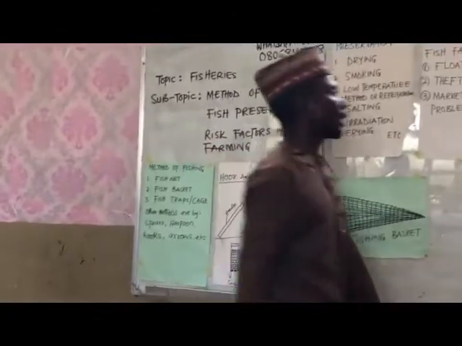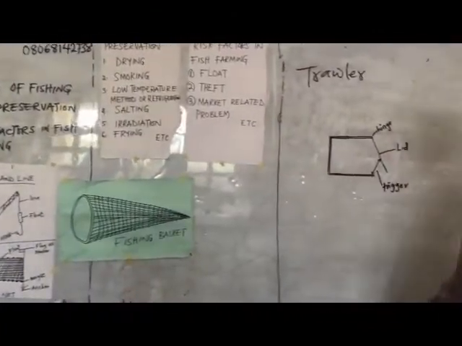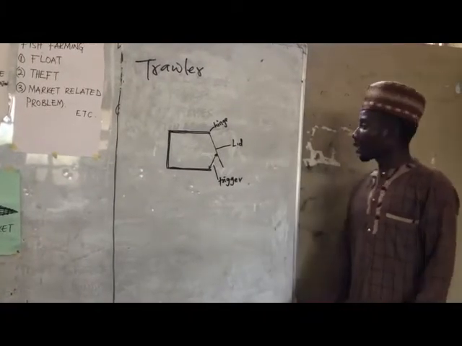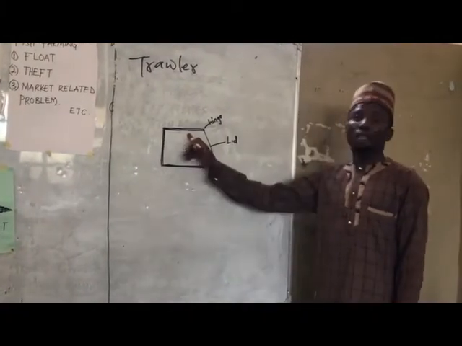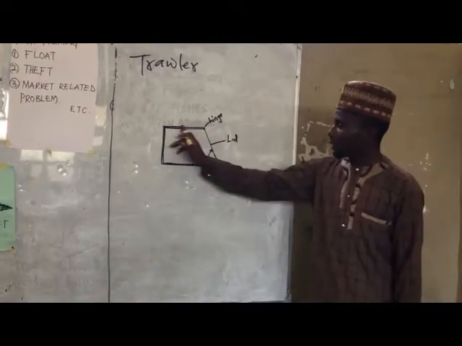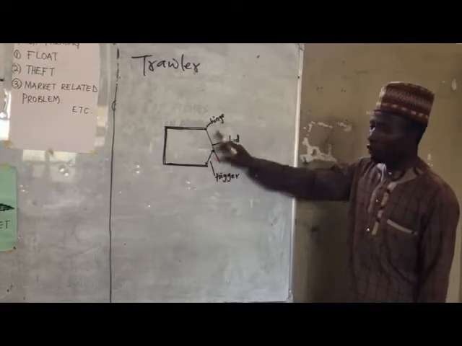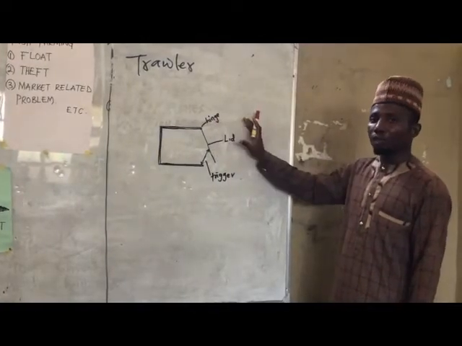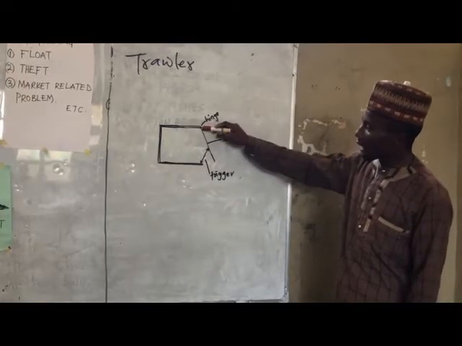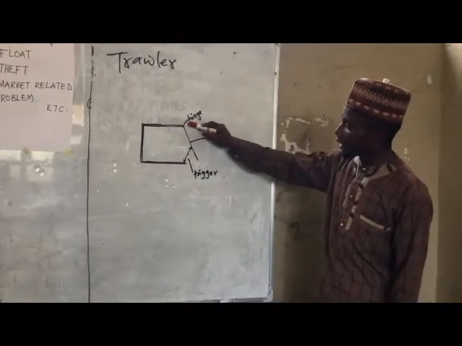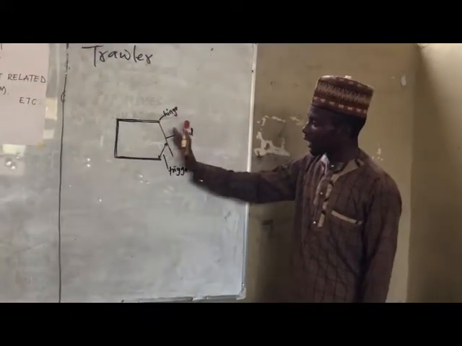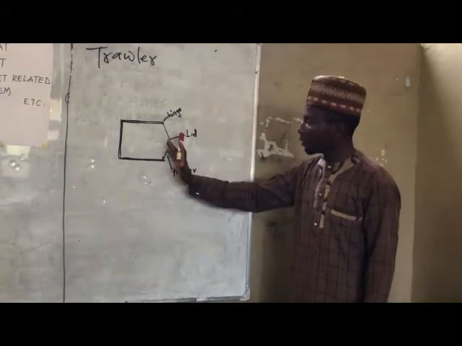Then we have another one as fish trap, or we call it cage. Look at this drawing here. This is a cage, an enclosure. It can be made of organic material like palm frond. You can use palm frond to construct this. One side of this enclosure can be open, and it's fixed to the edge here via hinge, meaning that this side is movable. You get what I'm saying?